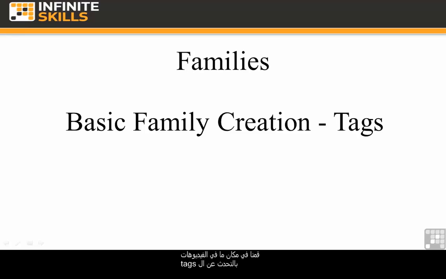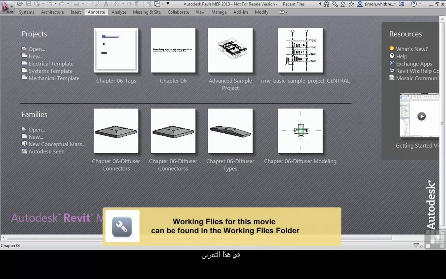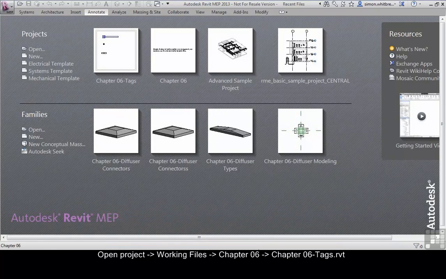As we've seen discussed elsewhere in this set of videos, tagging is by far the most efficient way of reporting data from objects in the Revit database. So let's see how a simple one is created. In this exercise, you'll need to open the project file, Chapter 6 Tags, located in your Chapter 6 folder, and